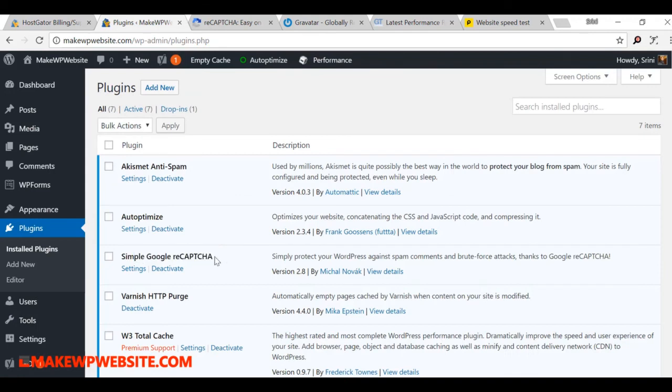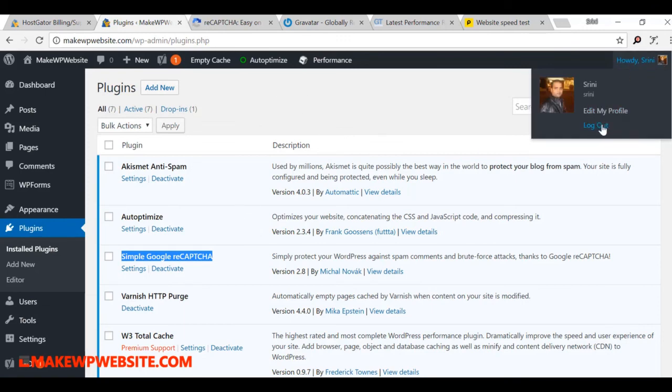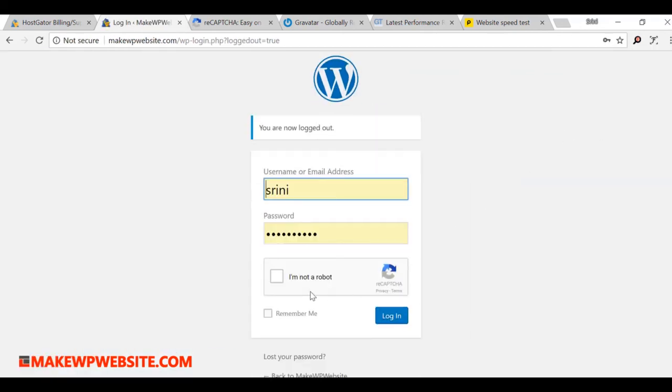Now you can verify your Google reCAPTCHA. Let's confirm whether Google reCAPTCHA is working. How do you do that? You can log out. Okay, and now you should see this box. It's a reCAPTCHA box, and it's hard to break when you write code to log in to this site. So this small reCAPTCHA box came from the plugin that we have just installed and configured from our email ID.